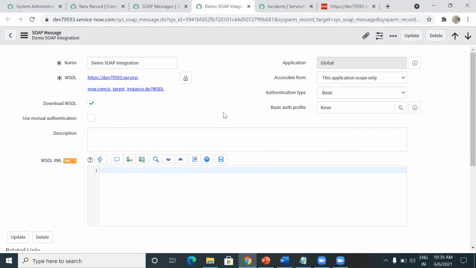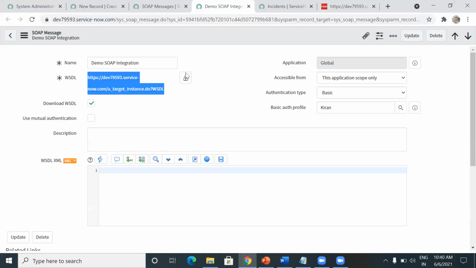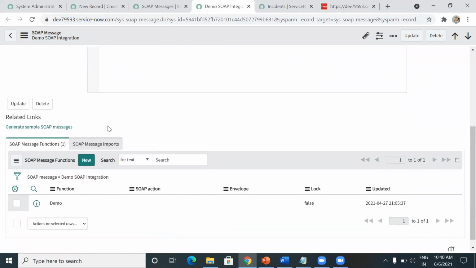Okay, let's say, for example, you are going to hit the third party. Then you need to get that WSDL address. They are going to provide this WSDL address in the document. Okay, as I showed you in your REST message as well, this is the kind of information which we got from the third party, right? In the same manner we are going to get a WSDL address and all and basic authentication as well. Okay, so we are going to configure all these things and download the WSDL address and then generate a sample